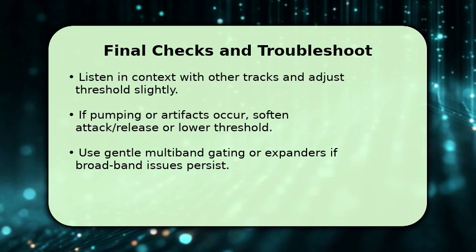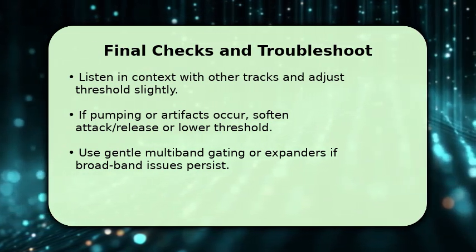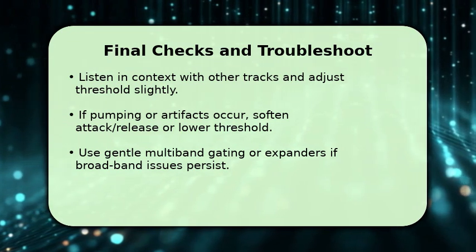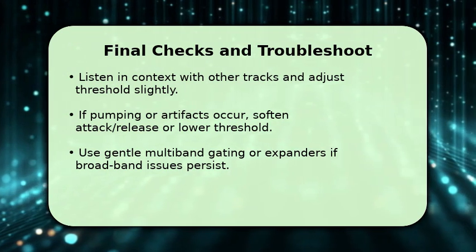This makes transitions smoother. If noise is tonal or frequency specific, use a mild multiband gate or an expander to preserve transients while removing only the offending band. One key troubleshooting tip: